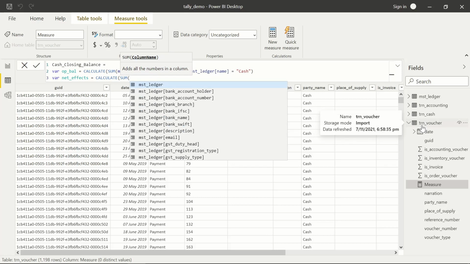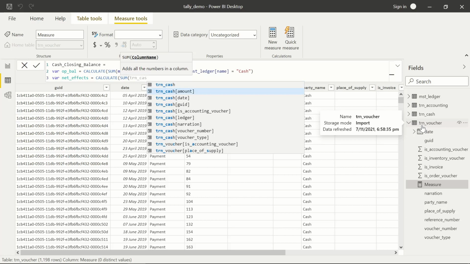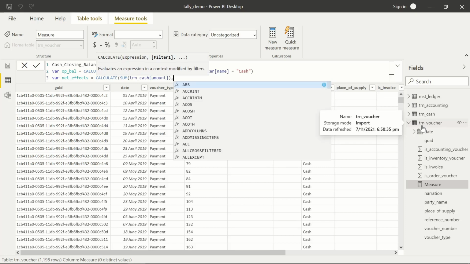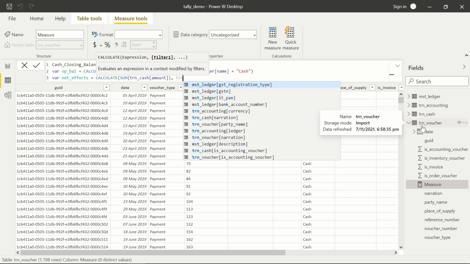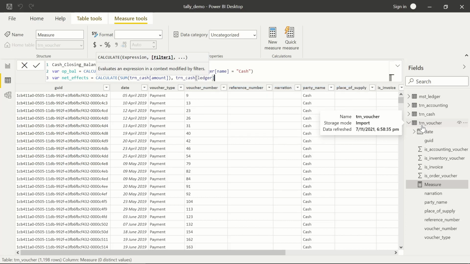Sum all the rows in this TRN cash table, TRN cash amount, and what should be the filter? So filter should be that the ledger name should be equal to cash.